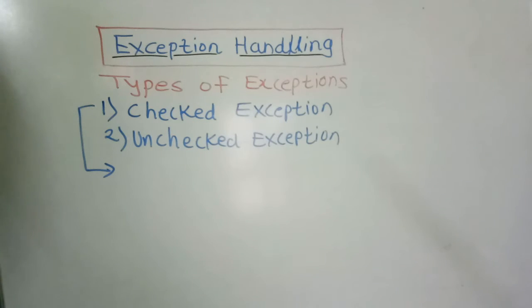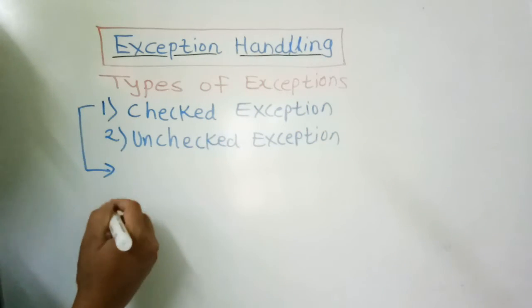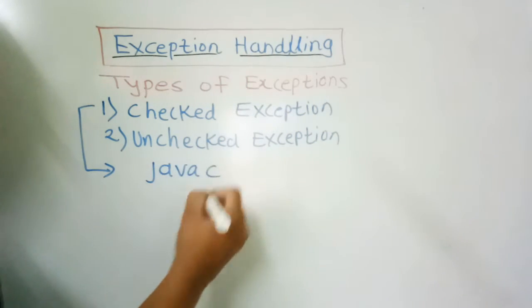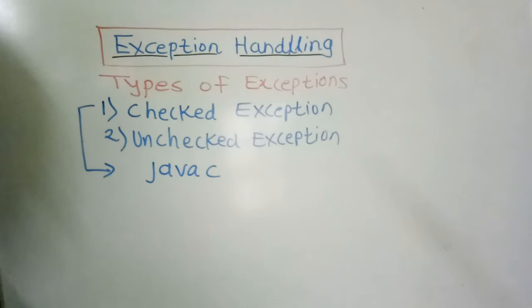The Java compiler checks whether the program that contains the checked exception has a handler available at the time of compilation. That is, the Java compiler, javac, performs this task. It checks the program for a checked exception handler. The duty of the compiler here is to analyze which checked exceptions can result from the execution of a method or constructor.